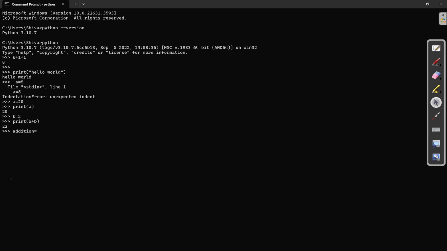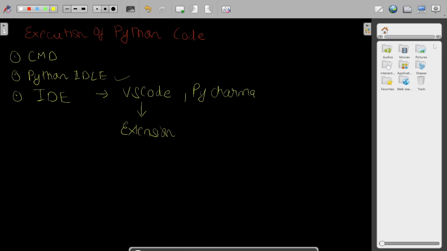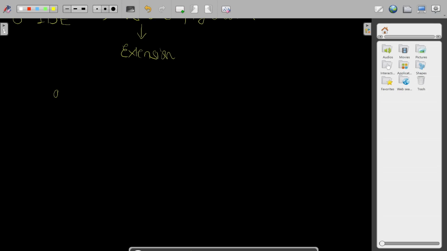But this is a little complex thing, so let's understand this first. Here I want to execute multiple things, like I want to add 1 plus 2 plus 3 plus 4, but my requirement is that I want to provide the next input in the next line, like this one. I want to write in this way. addition equal to 1 plus 2 plus 3 plus. Now I want to move to the new line, and from the new line I want to provide 4 plus 5 plus 6 plus, and then move to the new line 7 plus 8.